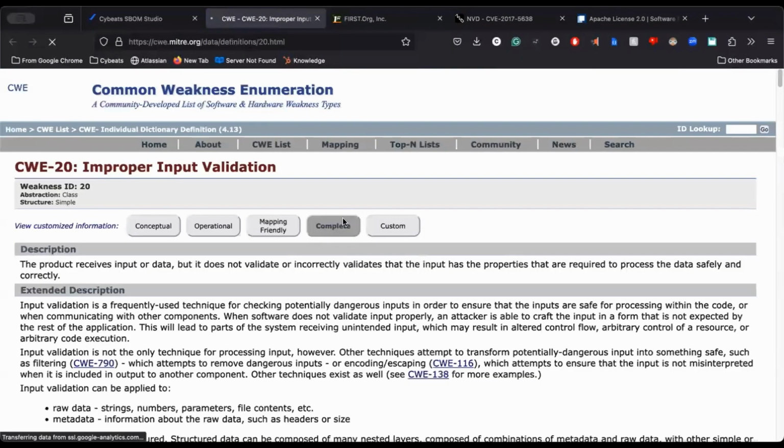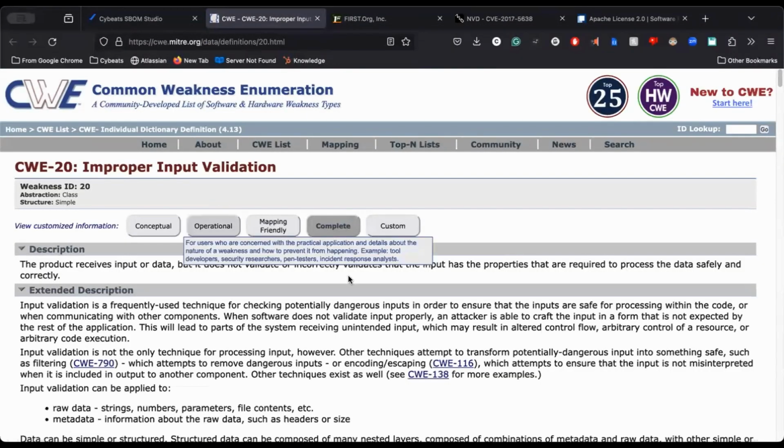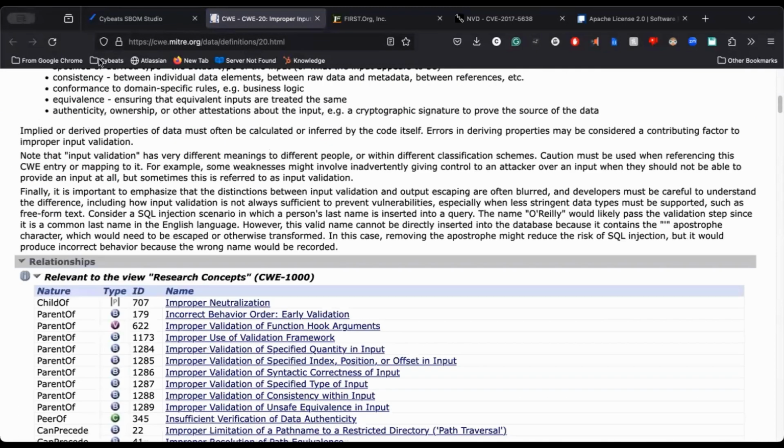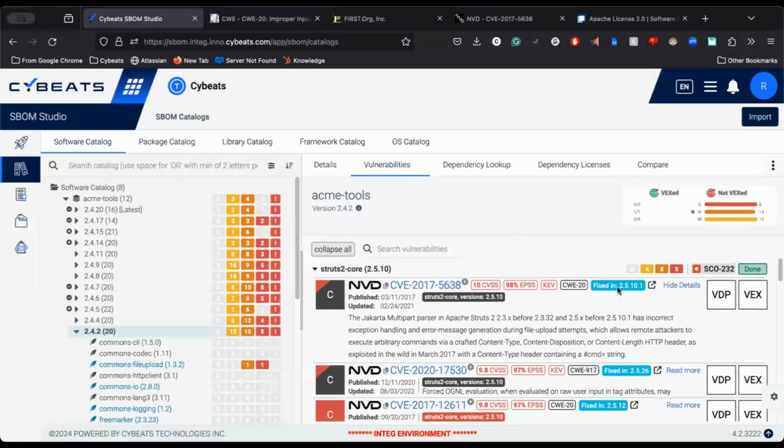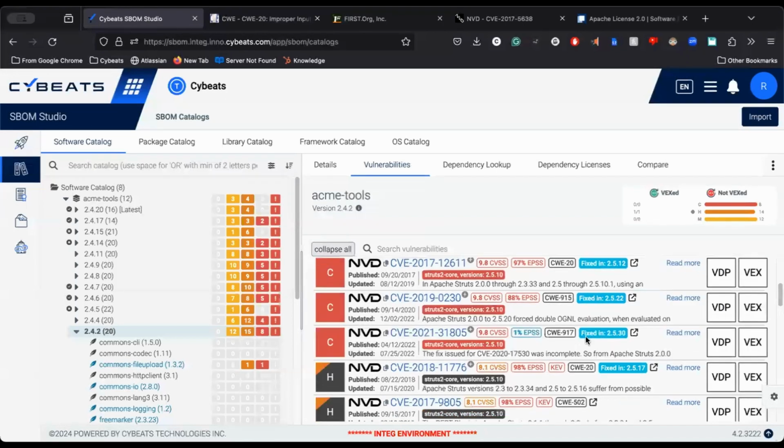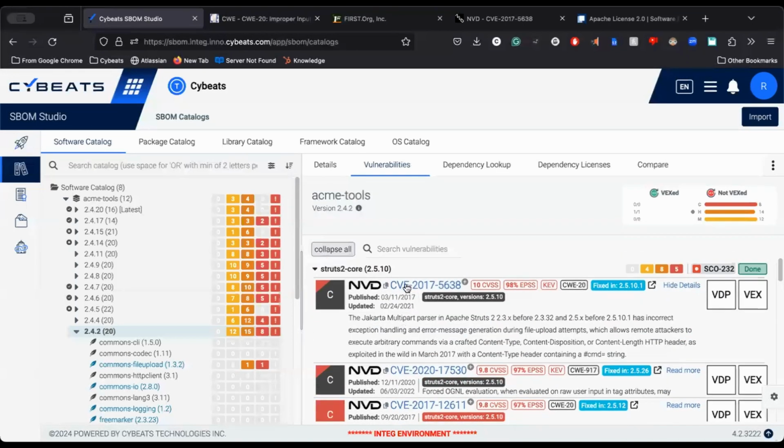Clicking on the CWE, it will go to the MITRE website to give you the common weakness enumeration information of that vulnerability. You can also click this link to search CVE by ID, and you can work on your VDP and VEX from here or from the product or at the component level. You can also filter the CVE from here